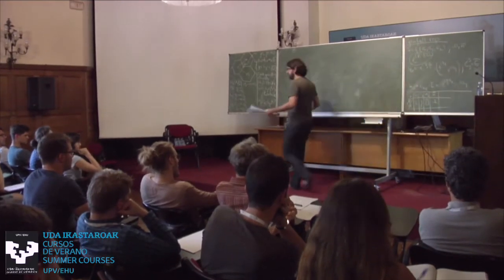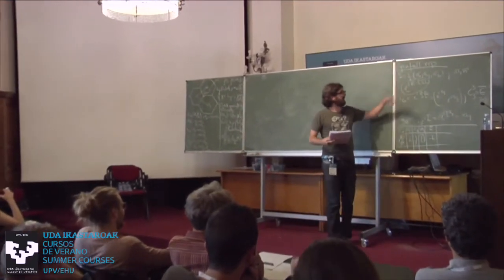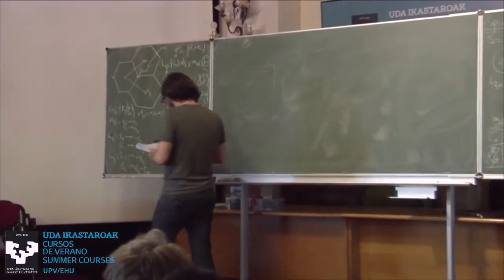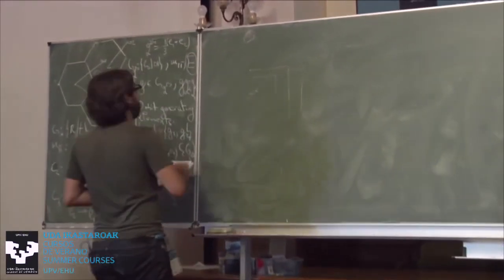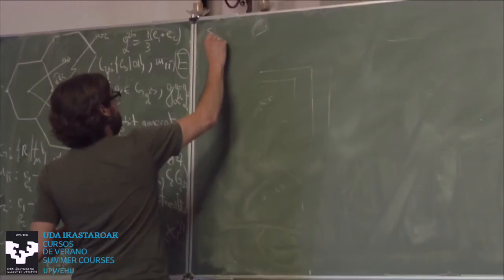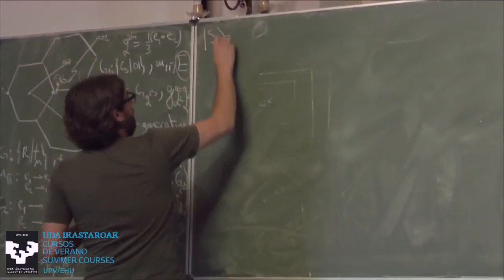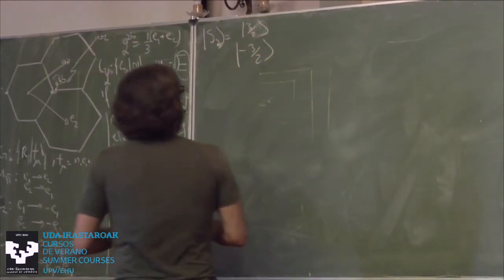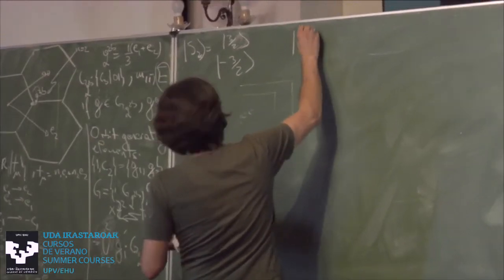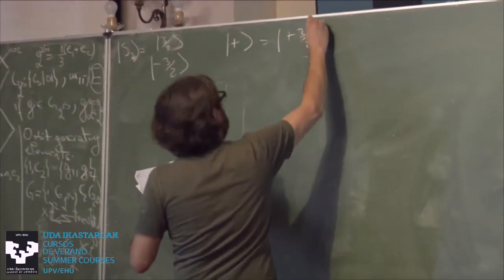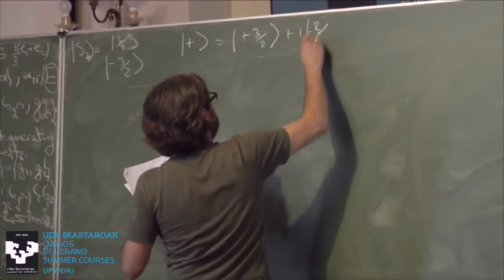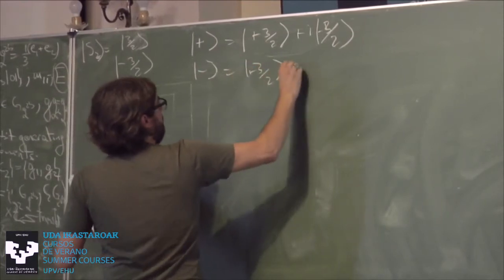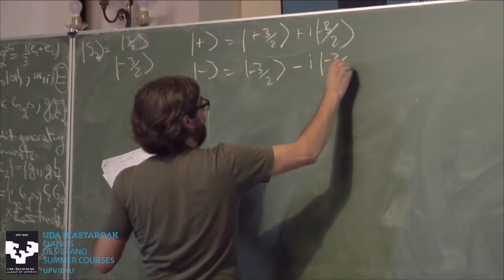So spin 3/2, for example, if I look at the spin 3/2 representation, I can't write it down in terms of 2x2 Pauli matrices because spin 3/2 is a 3x3. So you can write it down as 3x3, but I'll just do something simple. I'll just look in the SZ basis. So spin 3/2 SZ basis. I have 3/2 and minus 3/2. Okay, and I now form these states. State plus is plus 3/2 plus I times minus 3/2. And state minus is SZ equals 3/2 minus I times minus 3/2.